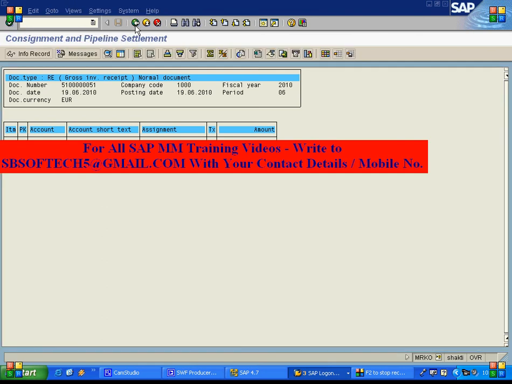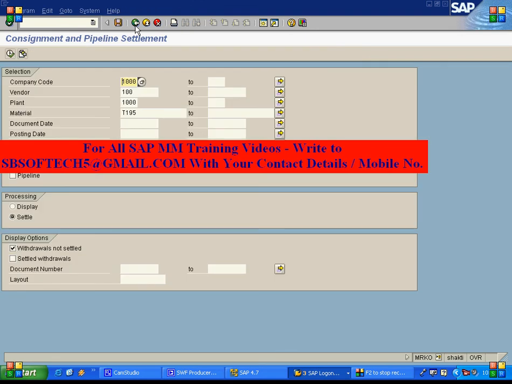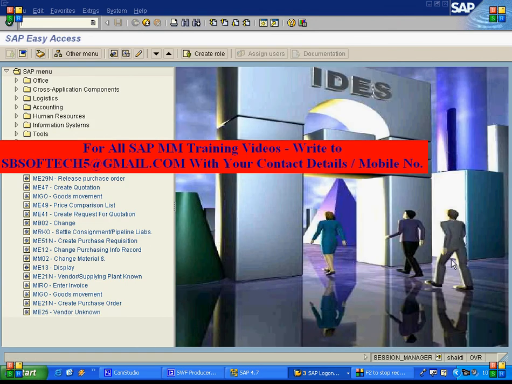This rate was taken from the info record. So all your tax information and record must exist in the info record. You have seen that there was no rate in the purchase order. So the info record is mandatory for this cycle to complete. Okay, so that's it in the consignment cycle. It is a simple process and easier to understand. You need to remember a few points. That's it. Okay, thank you.